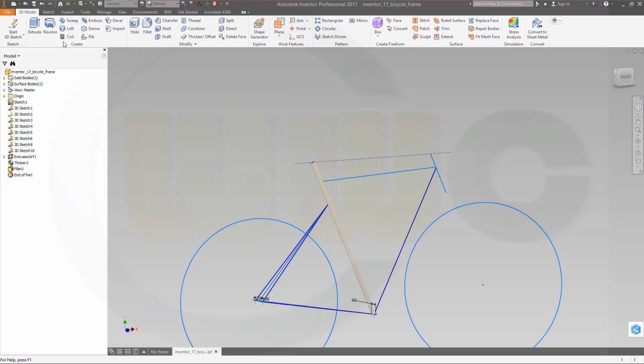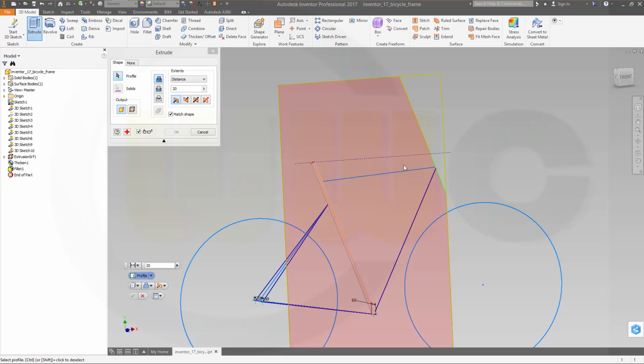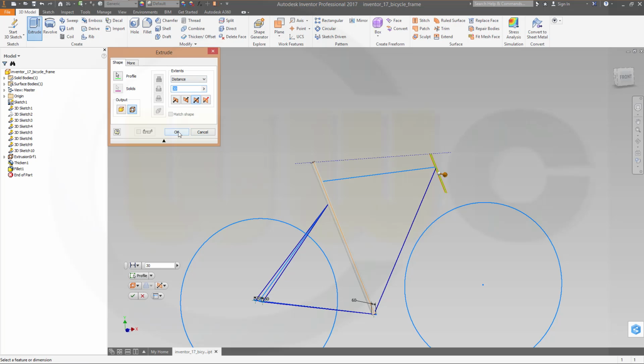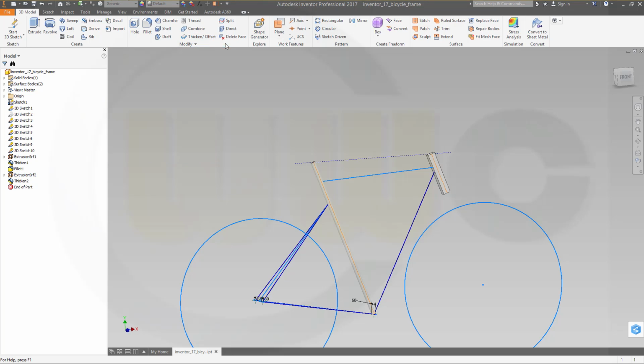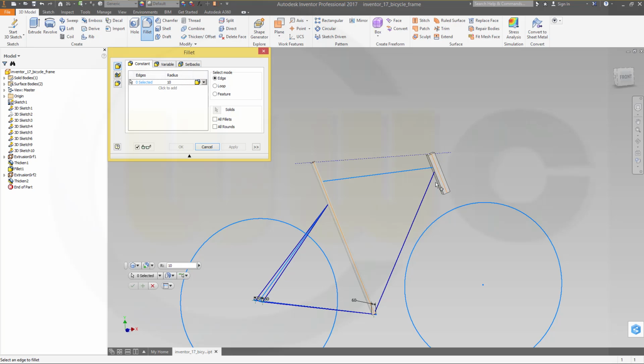That's better. So another extrude with this line. Again, just a surface, make this one symmetric and make it 30. Okay, thicken it with 30 and make it symmetric. Okay, and make fillets 1, 2, 3, 4, and this one should be 15. Okay,